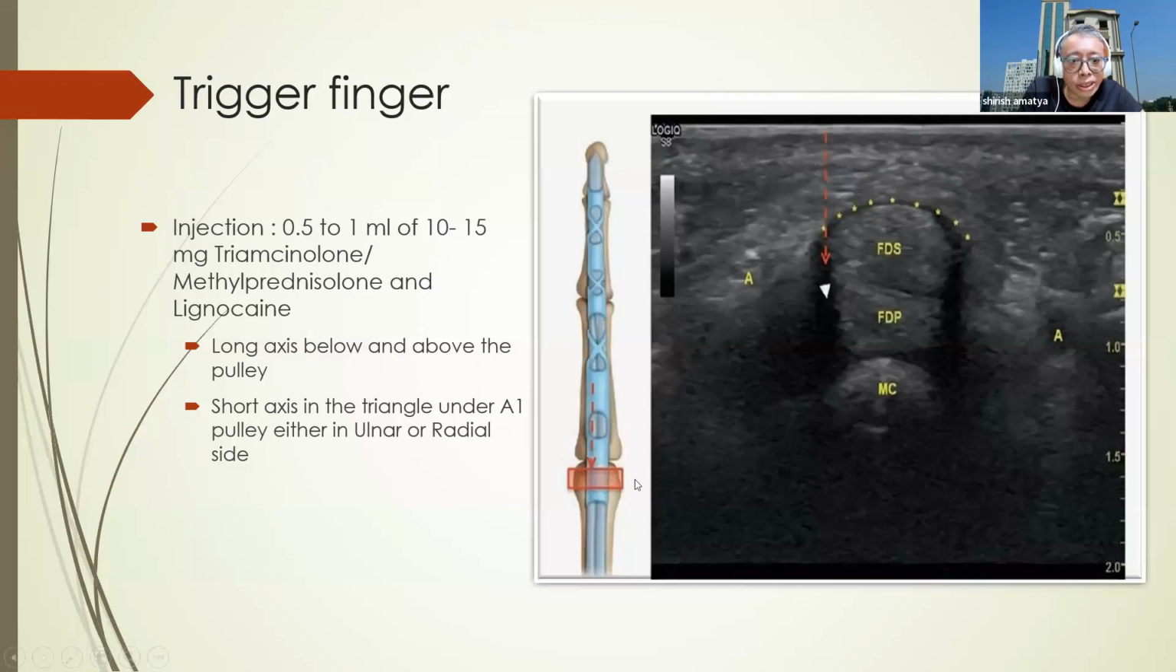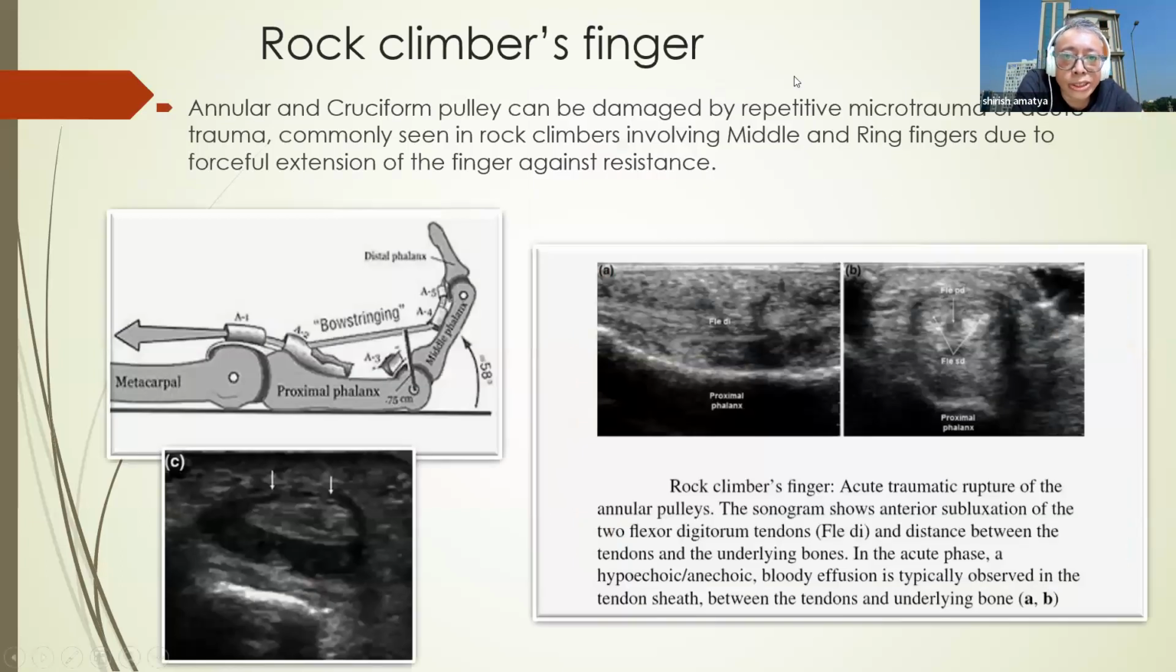You can see the trajectory of the needle indicated by this red dotted line. The final needle position will be inside the triangle in the lateral aspect of the flexor digitorum superficialis and profundus. We can inject on either side of this triangle, either on the ulnar side or on the radial side, for the treatment of trigger finger. So coming to the next problem